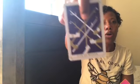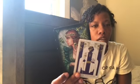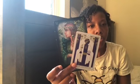So although they have someone that is willing to come towards them and wants to be with them, someone that wants to offer teamwork and stability, someone that can match you, because this is the Queen of Coins, which is the Queen of Pentacles, and then the King of Pentacles. This is somebody that here actually can match you. They actually have their own bread. They're not trying to use you. They can match you, but you're too busy caught up worrying about your money that you can't even stop and